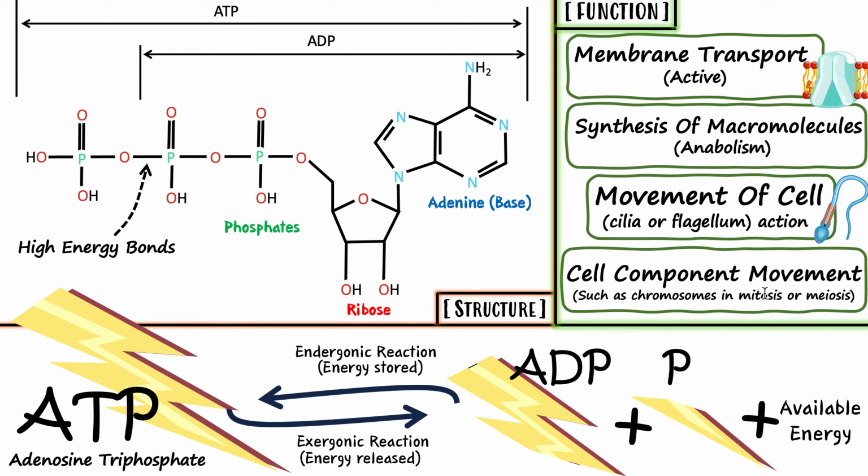In mitosis, you need to split the cell apart. First you need to duplicate the DNA and then split the DNA into two separate cells, right? So how does the DNA move around inside your cell? That's important. There are a lot of components that can help that happen in your cell, a lot of tools that cause these movements to happen, but they require ATP. So ATP will come, break down into ADP, and release that available energy so that that particular action can happen.